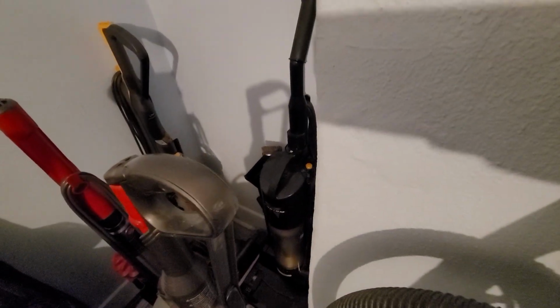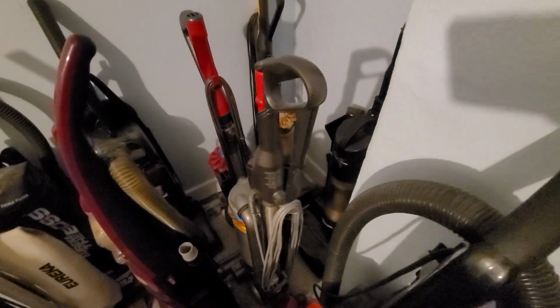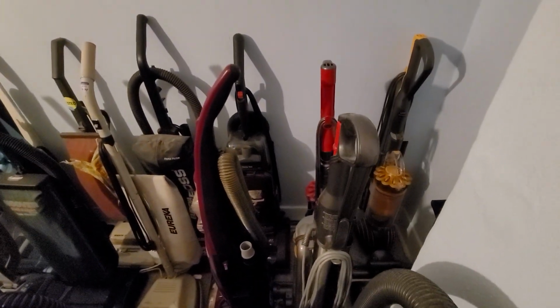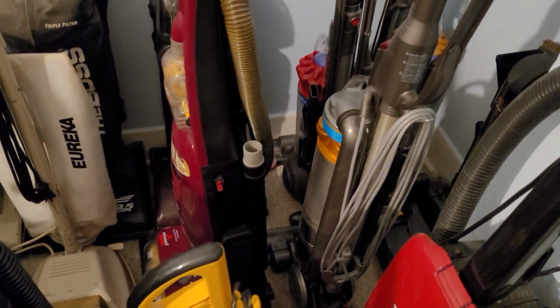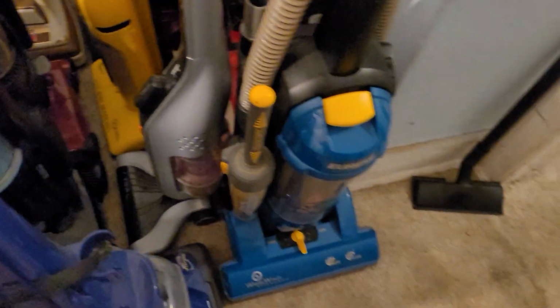So over here we've got my first Orange Fury. There's a Dyson Ball Multi-4 2, Dyson Slim Ball, Dyson DC-18, I guess the older Slim Ball, Dirt Devil MVP, my good Hoover Wind Tunnel, Wind Tunnel Plus. And we got a Bissell Power Glide Platinum, my good Boss Super Light, my Hoover Lynx, Eureka